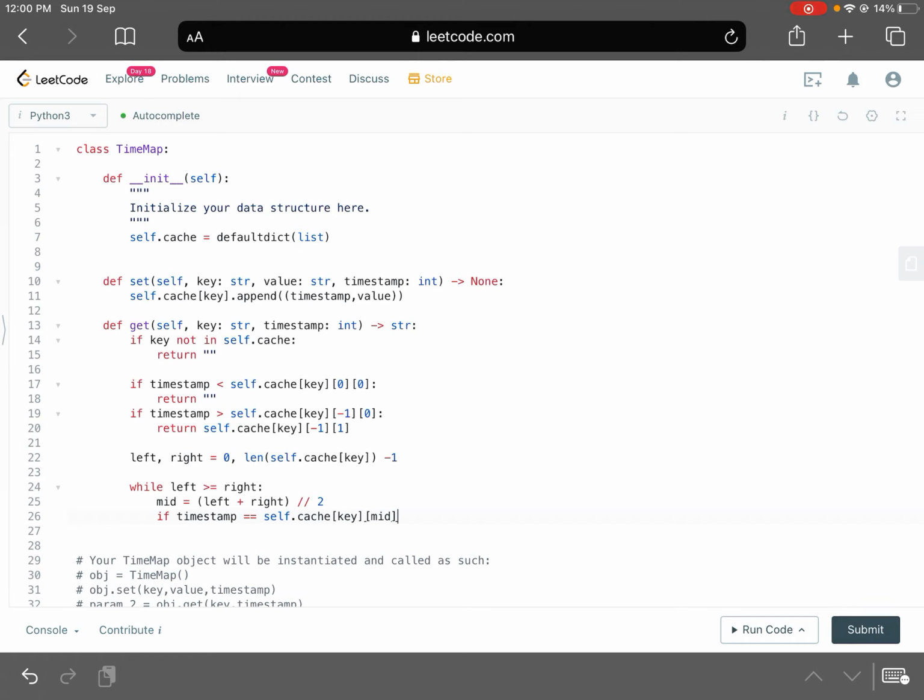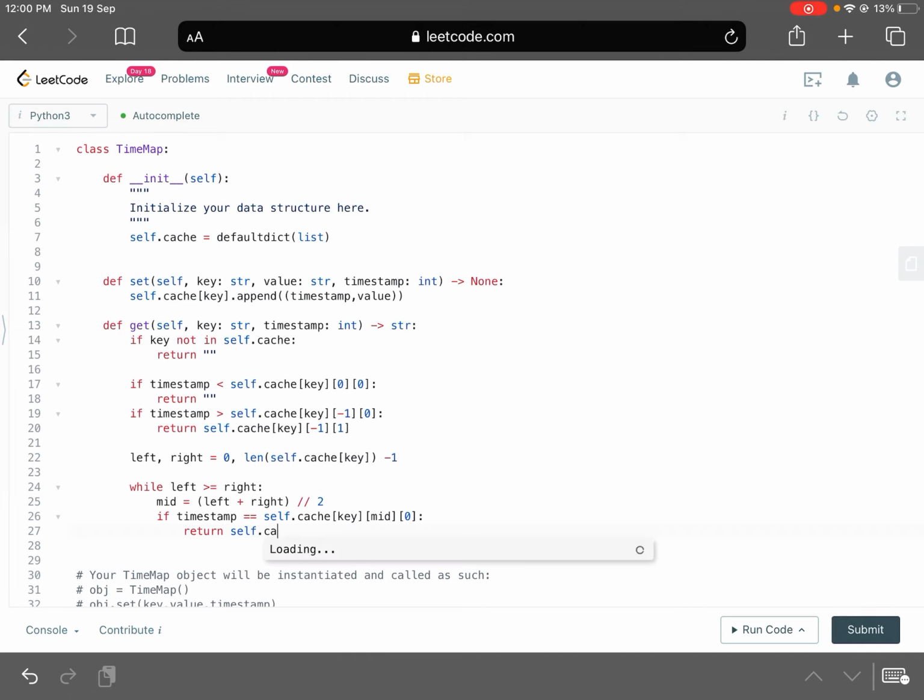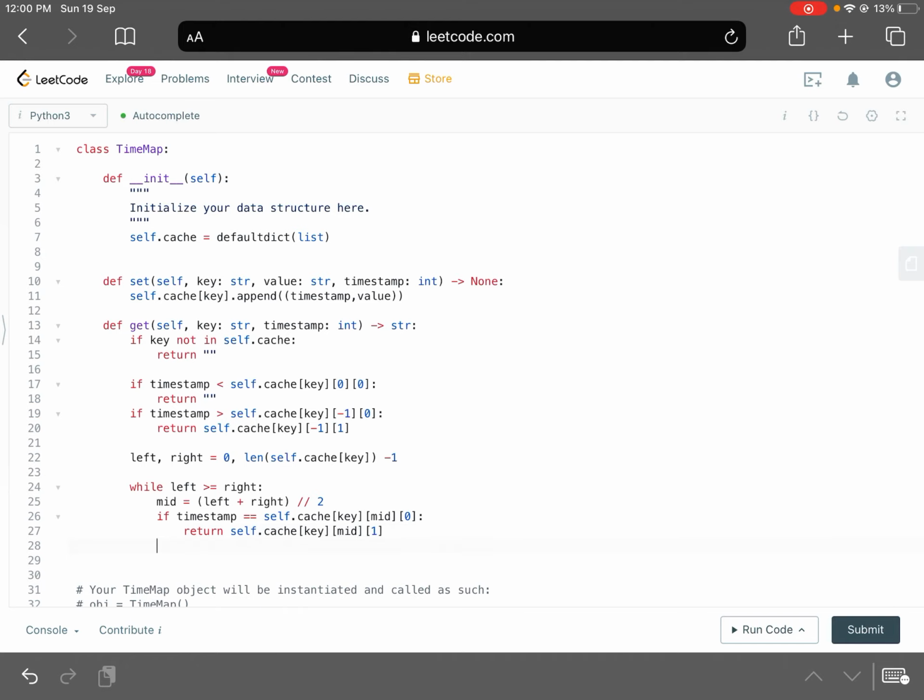So mid, and then we are looking at timestamp, right? Then if that's the case, we can just return self.cache of key mid 1, right? That's clear.